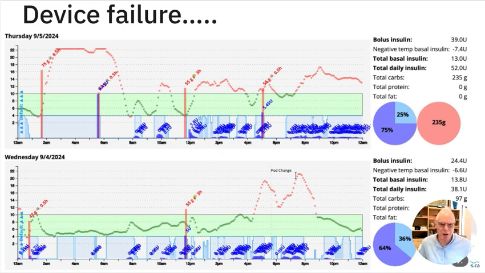Okay, let's talk about device failure. It's a big issue. I mentioned that the true pod failures are very rare. The main problem we see is absorption failure. So here's a pod change happening over here, and they did a pod change custom override, so an extra 30%, and it worked well. But then in the early hours, suddenly, there's a meal,